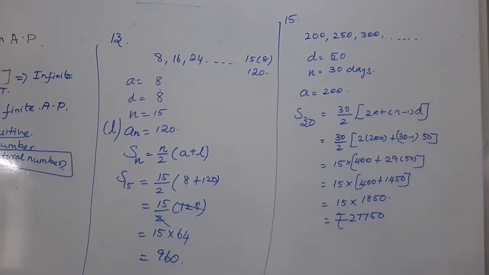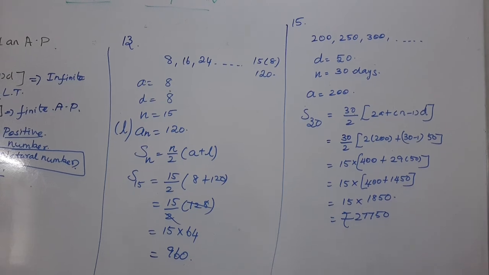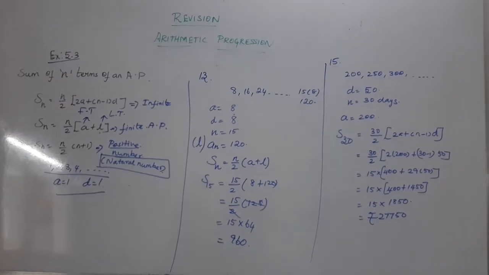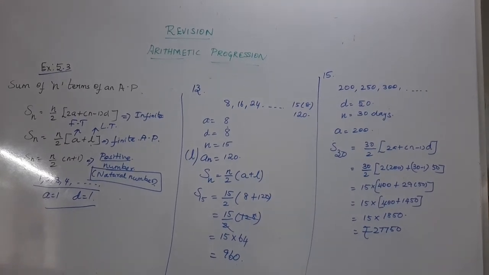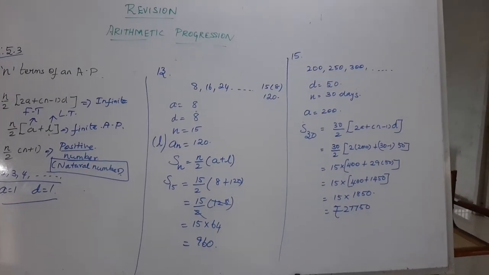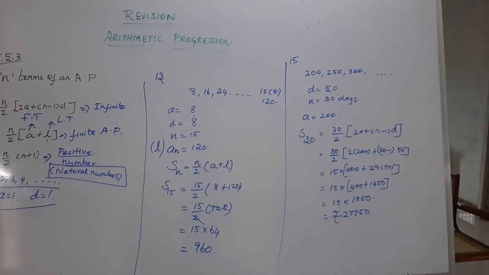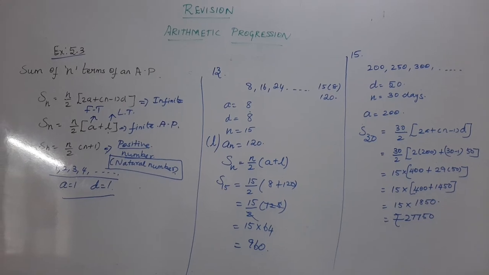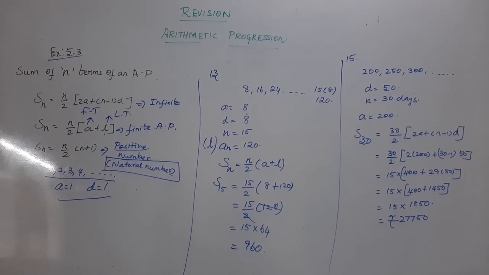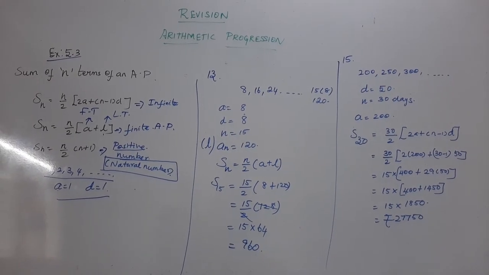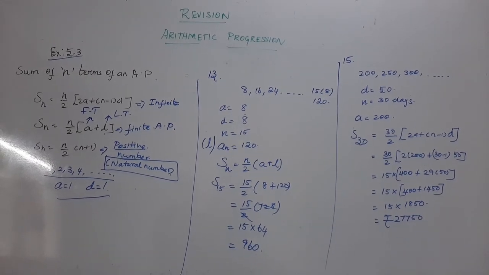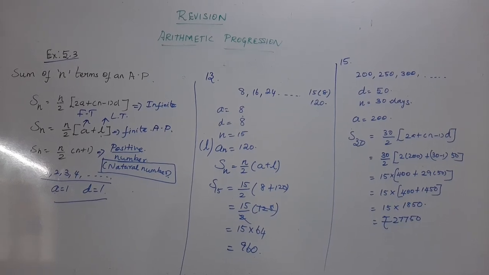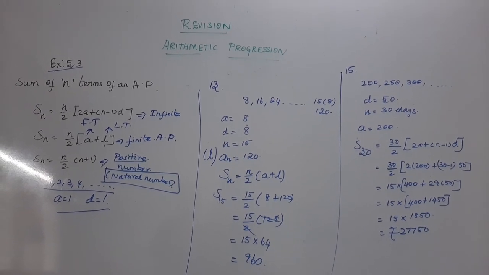So the AP chapter exercise 5.3 revision is over in this video. To get to know about all the sums in this exercise, do go through the video which I made when I was teaching this exercise. Now this is like a recap. We have done 3 different formulas for S_n, and then the word sums. One more S_n formula is also there, with respect to the number of terms, which you will see in the video I made when teaching this chapter.